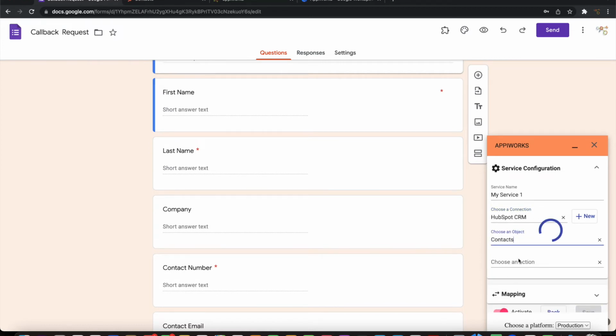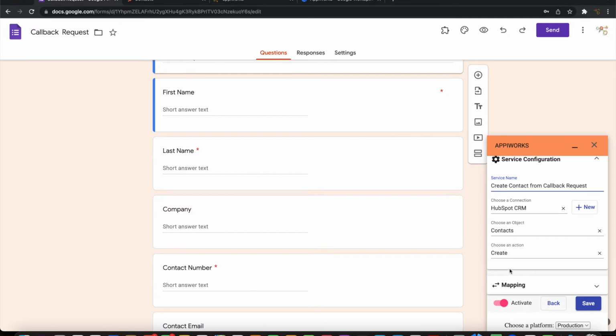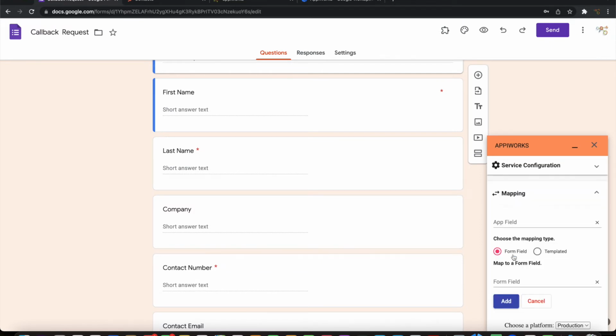It has to choose this object and the action is to create it. So let me call the service name Create Contact from Callback. So now I need to go and do the mapping. Let me add the mapping.